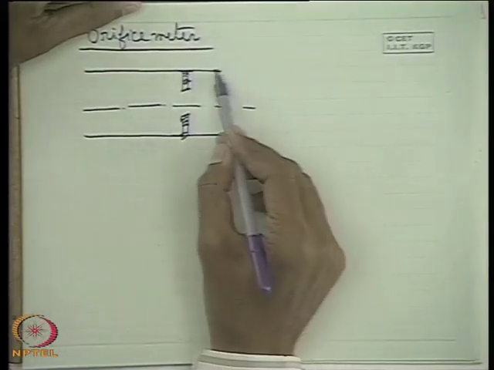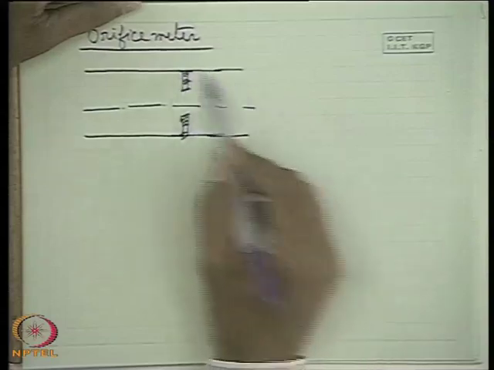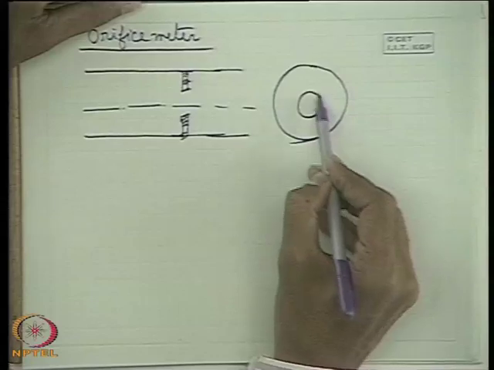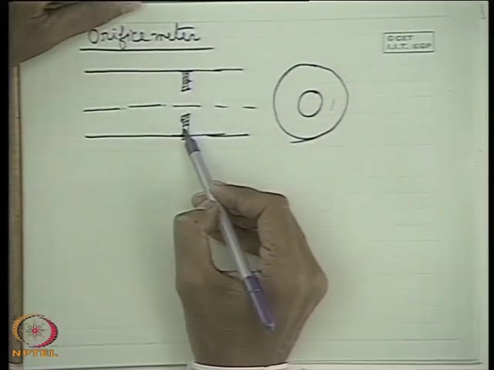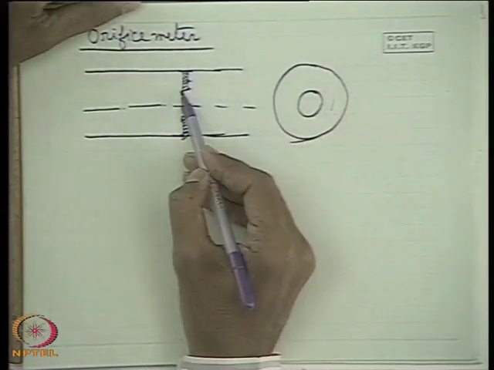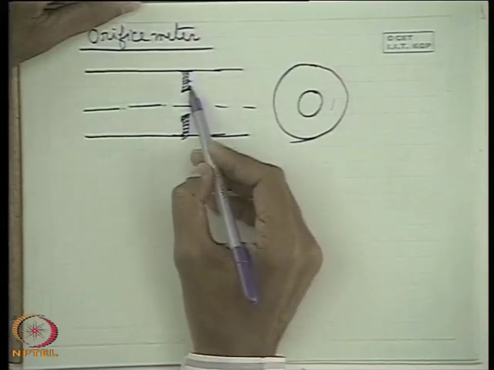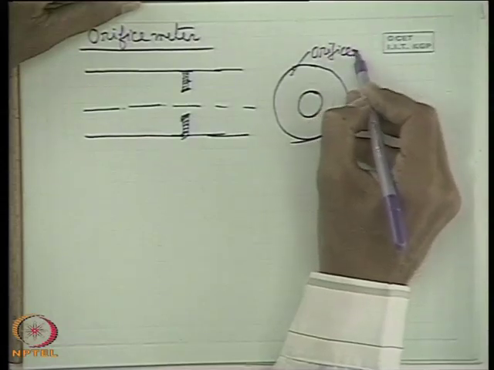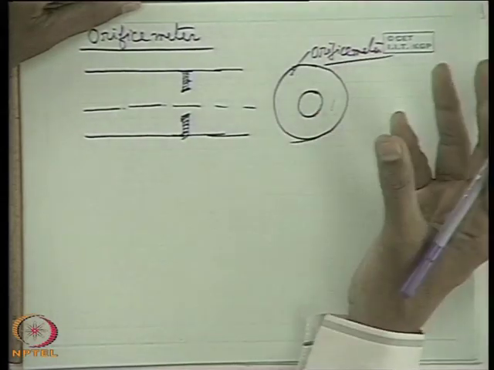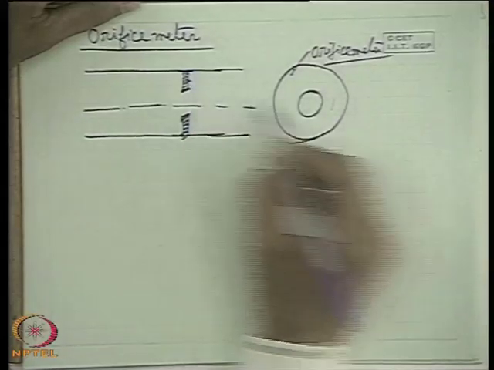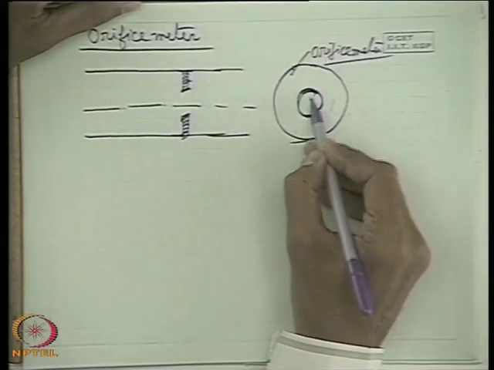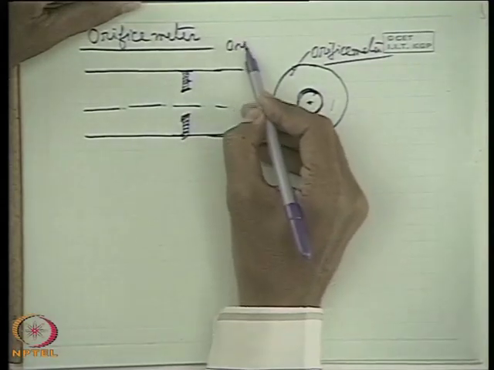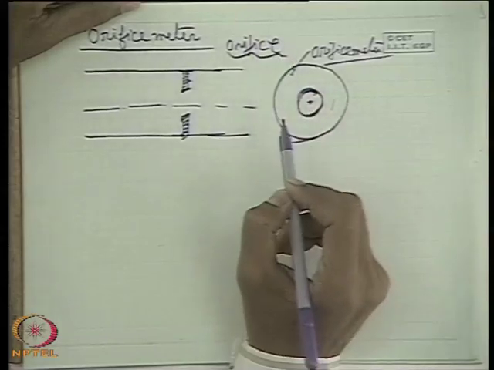So this will be a circular plate, an orifice meter with a concentric hole. So this is simply a circular plate which has a thickness which is very thin and a sharp edged orifice with little beveling like this, which is known as orifice meter. It is very simple: you say a plate, a thin circular plate with a concentric hole within it, a sharp edged concentric hole, which is known as orifice. So the sharp edged hole is known as orifice. So this is an orifice.